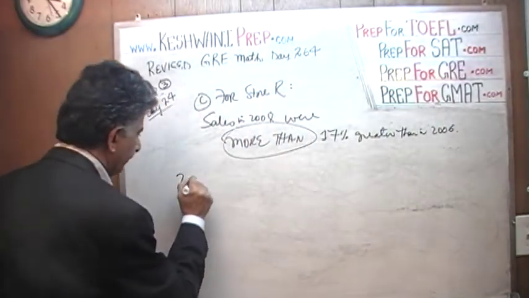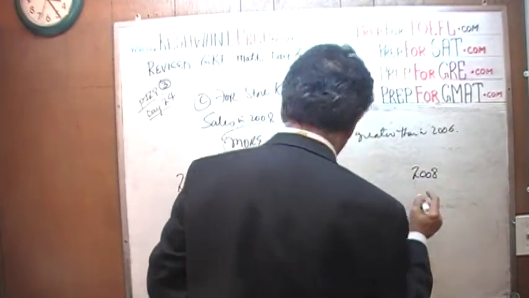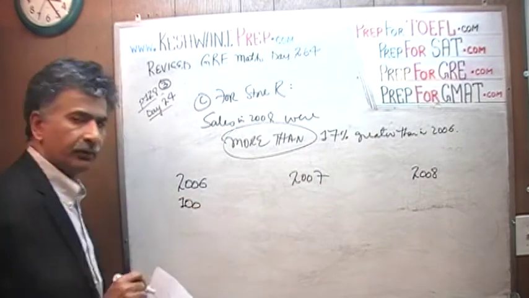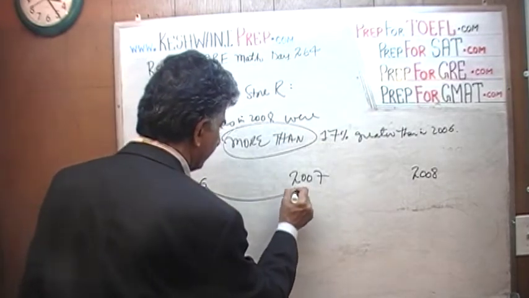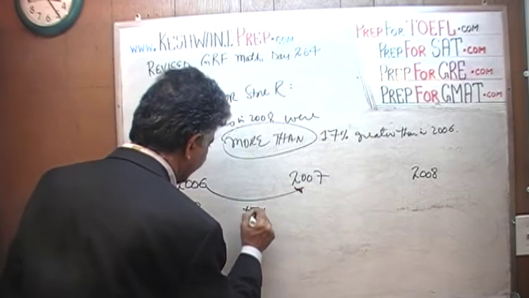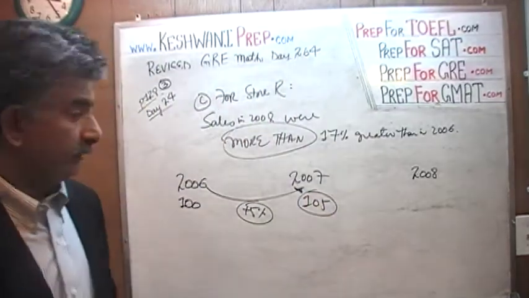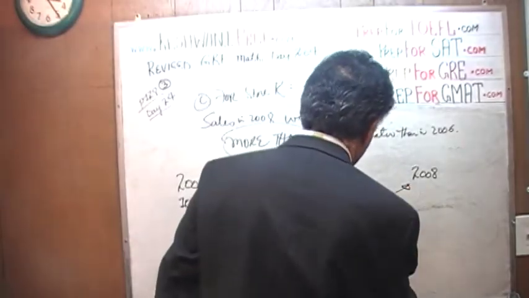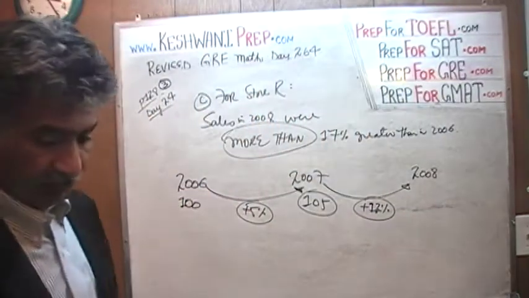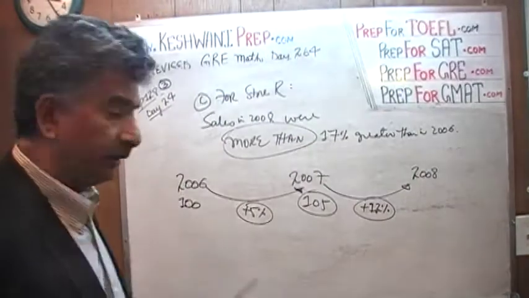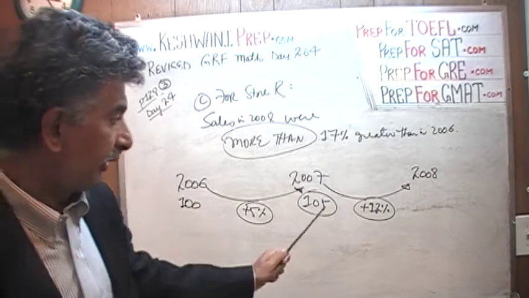So in 2006 here we have, then we have our 2007, and then we have our 2008. So if we start out with a figure of 100 for 2006, first we are told that we have an increase of 5%. So an increase of 5% from here to here means that this guy becomes 105. And then we are told that we have another increase of 12%. An increase of 12%, but 12% of what? Not 12% of 100, but 12% of what we started out with here, the second year, 2007. So 12% of 105,